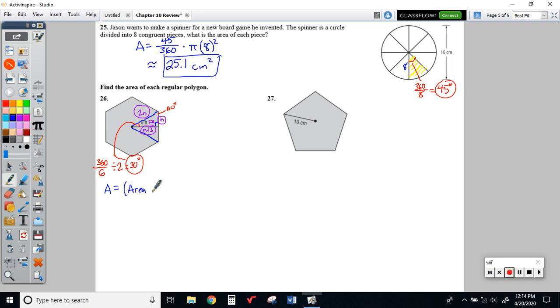So area of one triangle times the number of triangles you can make that are like that. So this is going to be 6. And then the area of one triangle, think of it as 1/2 base times height. So we've got 1/2 base times height times 6. This would be 1/2. And the base length, well,